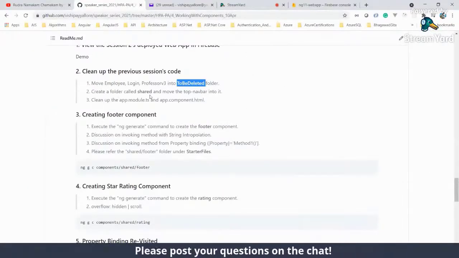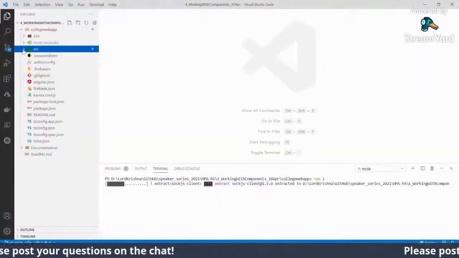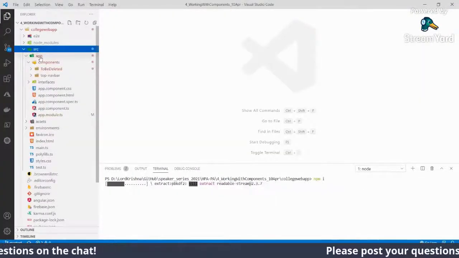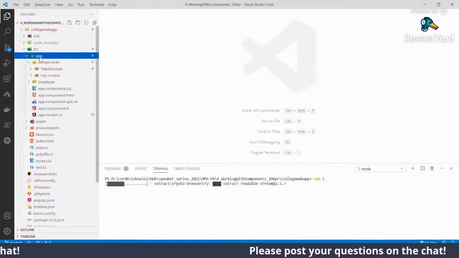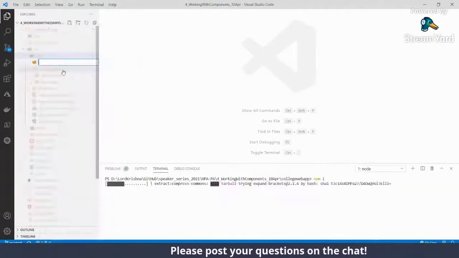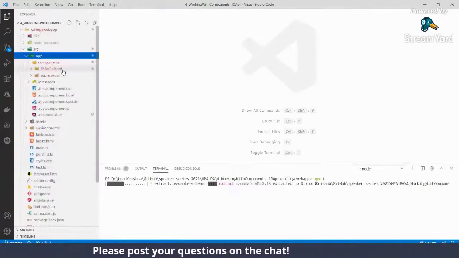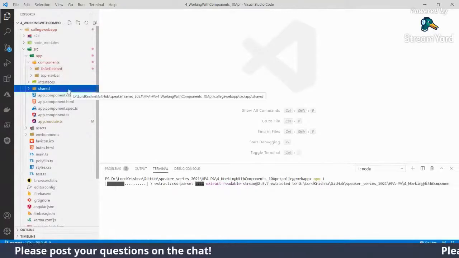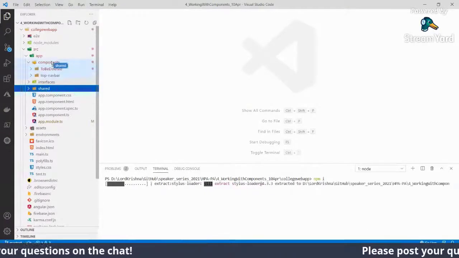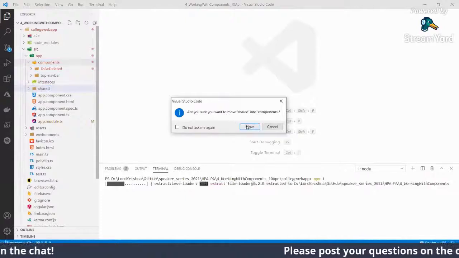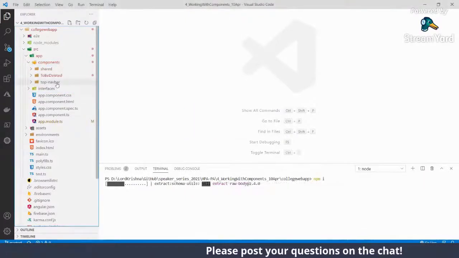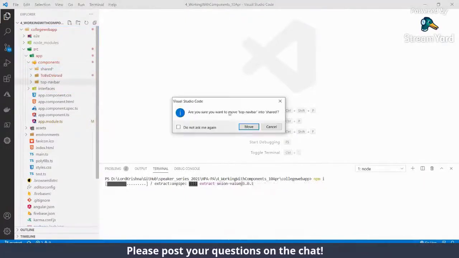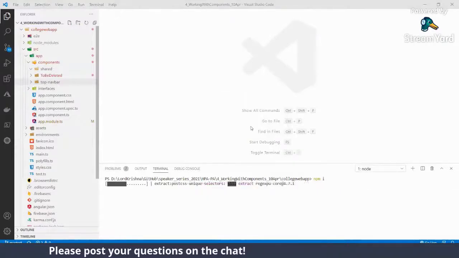So we did this cleanup also. And what we have to do is create another folder. We call it shared, because this top navigation under components will go into a folder called shared.